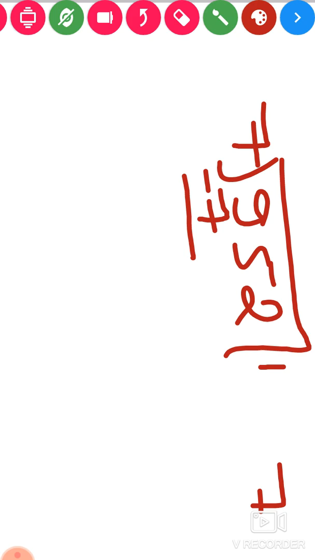Now 9 minus 7. 9 minus 7 we will get 2. Okay. We will get 2. Now what will happen? Now we will carry down 5. अब क्या करेंगे? Now we are having 25, है ना?